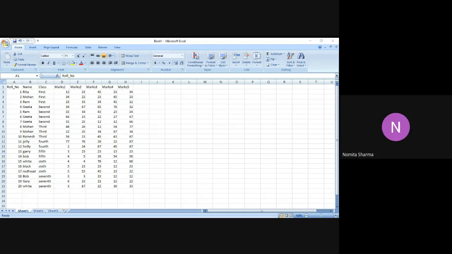Yeah. So let's go back to this. You can easily see that I have made this master table, which really doesn't look like a master table, but just to tell you the usage of the pivot table, I've made a very small table with roll numbers, name, class, marks 1, 2, 3, 4, and so on.